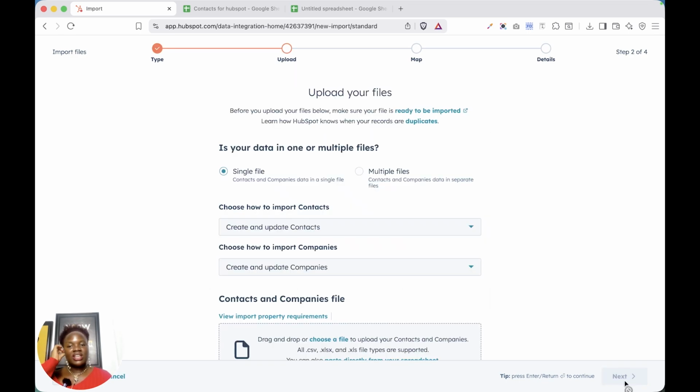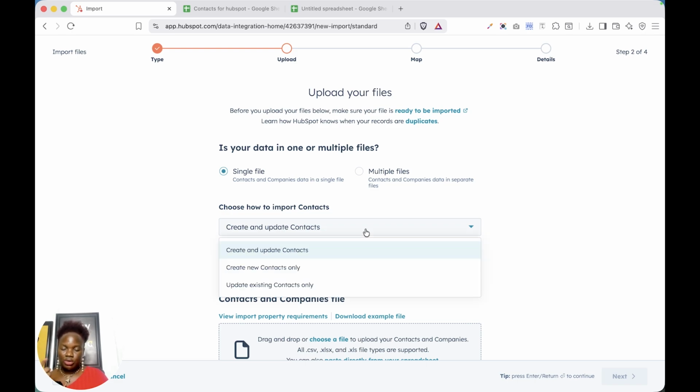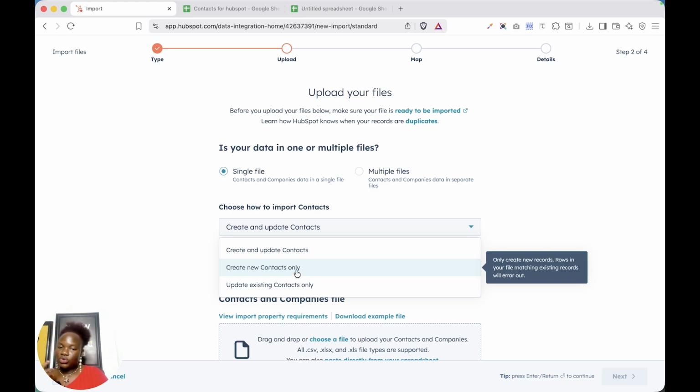When you click on next, it is going to show you this page where it is asking if you want to upload a single file or multiple files. It is possible to import more than one file. That means if you have more than one CSV file, you can import more than one. And it's also asking us how we want to import this contact. Do we want to create and update contact, or do we want to create contact only? It is possible that you have some contacts in here already